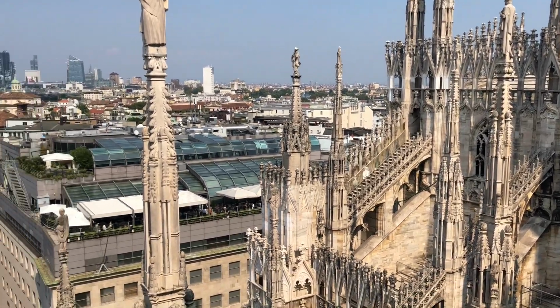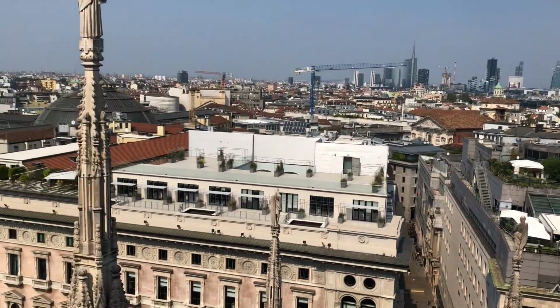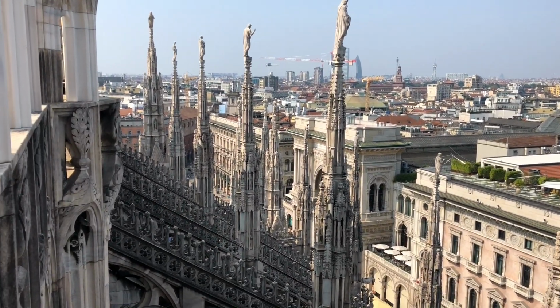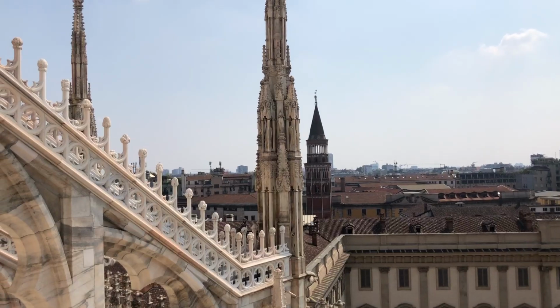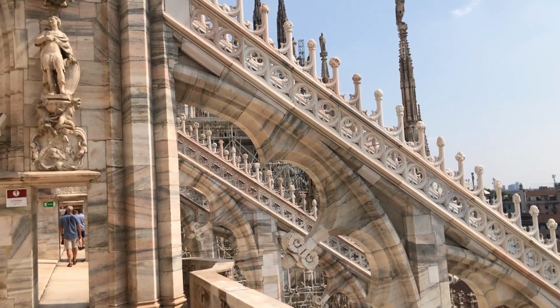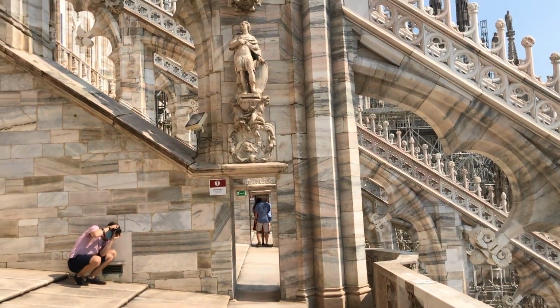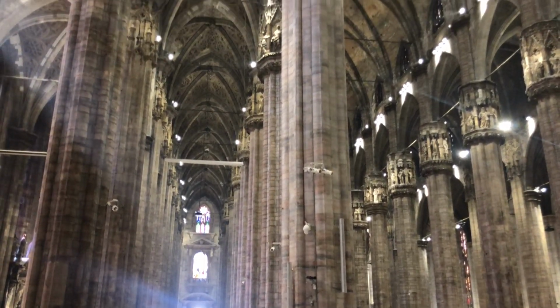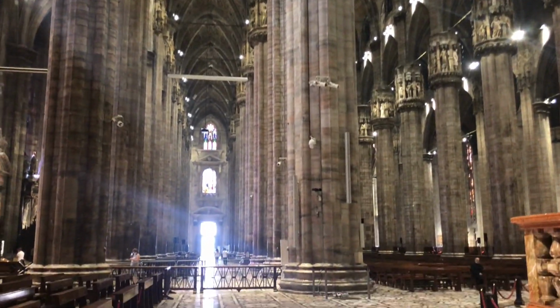You can get a great view of Milan, but really just appreciate the beautiful architecture of this church that actually began construction in the late 1300s, so quite long ago. After you've had your fill of checking out the terraces on the rooftop, head inside to check out the beautiful interior of this church. The one thing I do want to note is if you're in there in the summer